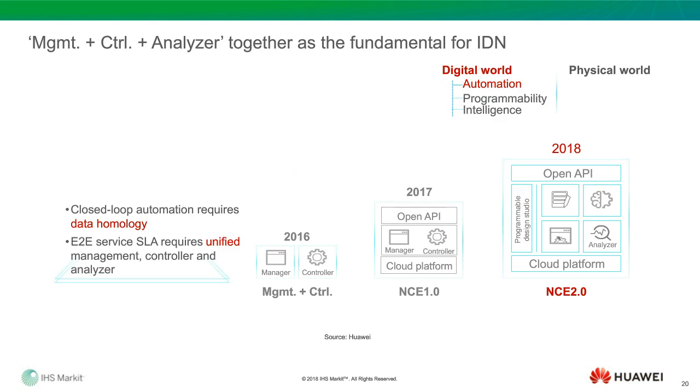And if you check this slide, I'm showing you automation. Right now we are at the stage called NCE 2.0. And if you look back at 2016, at that time what were we trying to do? We tried to do a controller plus what's called network management. We didn't have intelligence in it, right? And then later on, we evolved the platform to add more openness. And late last year, or this year, we really implemented intelligence, because it is fundamental for IDN. So we go to the market and go to the customers, and explain to them how this platform works.